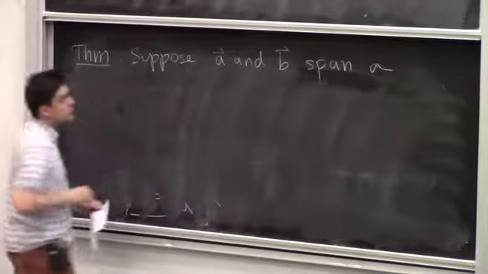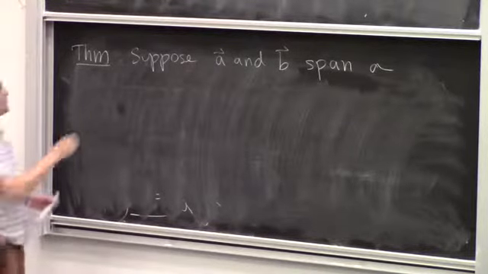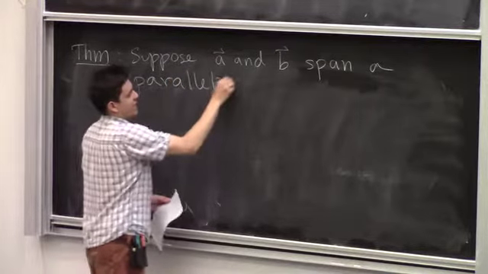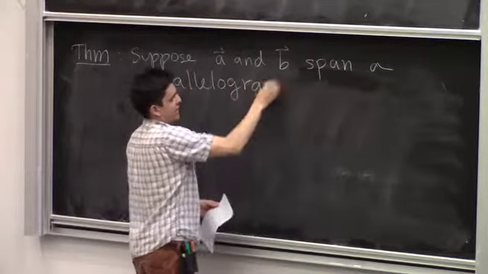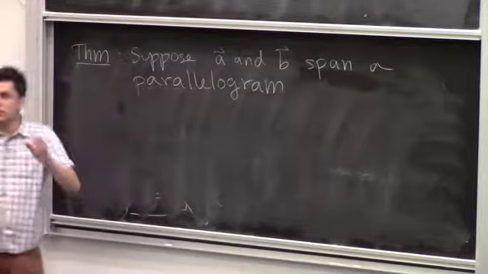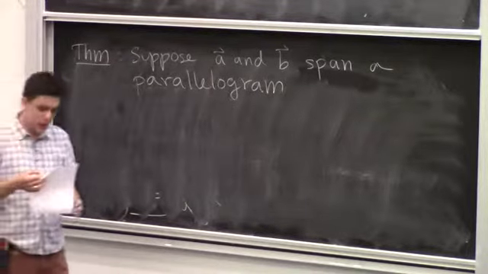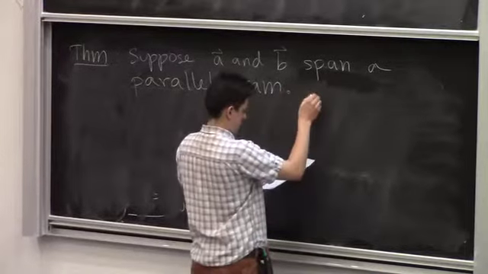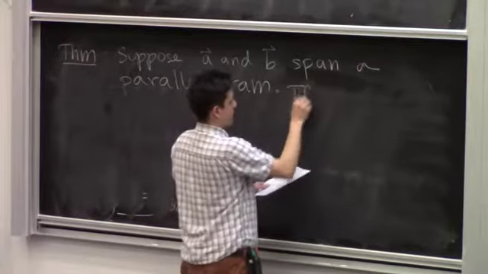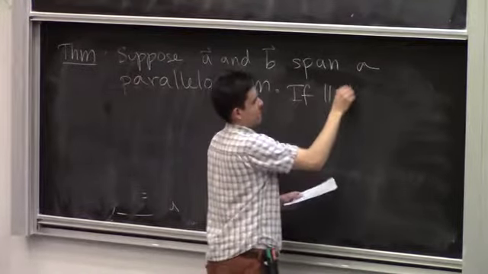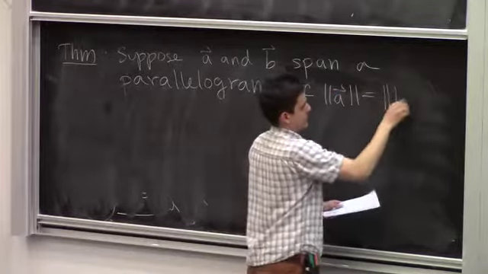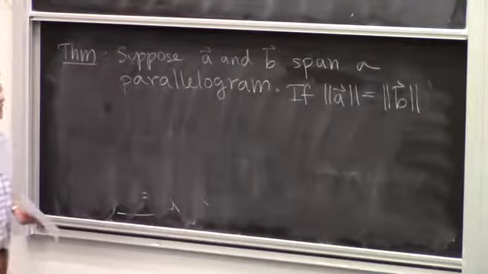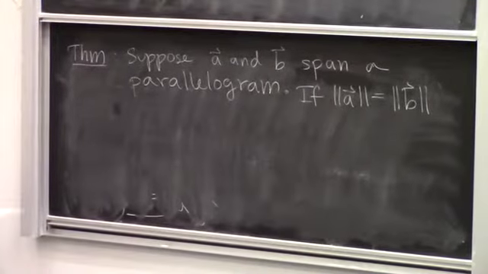Suppose that we've got these two vectors and they span a parallelogram. So we've got this parallelogram in space. Our hypothesis is that if these two have the same length, then